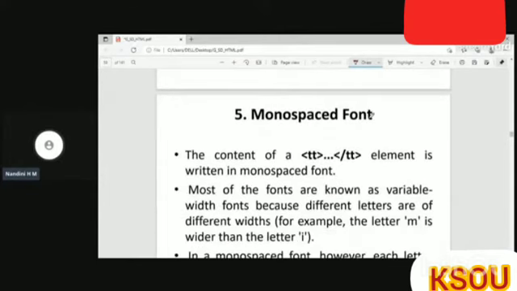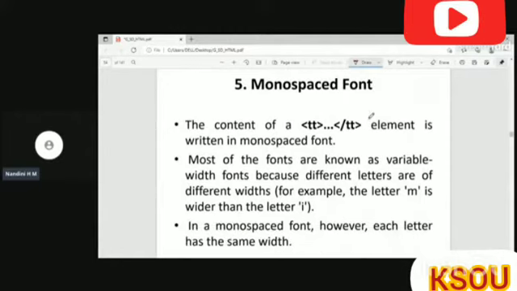Next is monospaced font. Most fonts are known as variable width fonts because different letters are of different widths, right? Suppose I write A, it will occupy a different space, and if you write M, it occupies a different space, right?